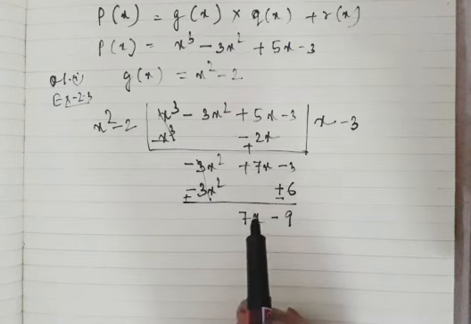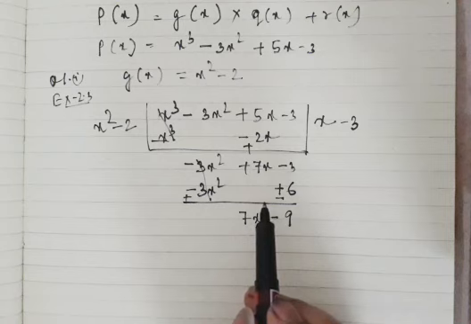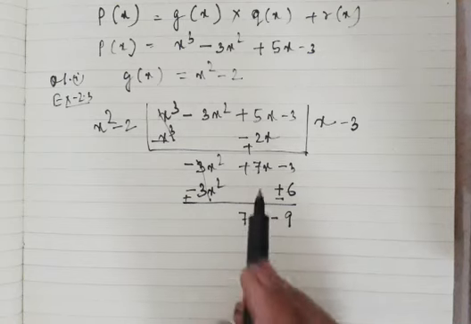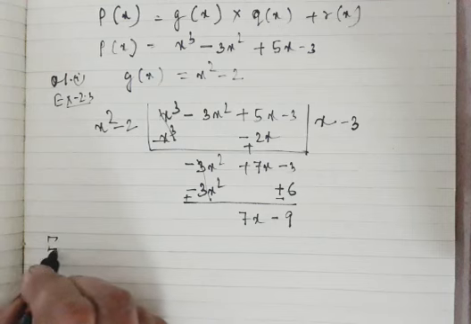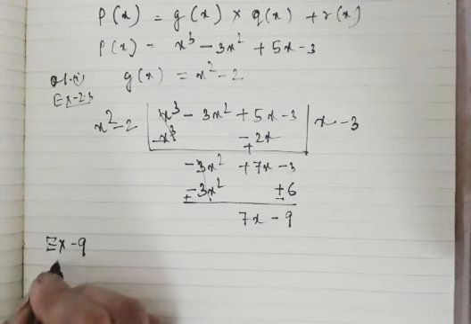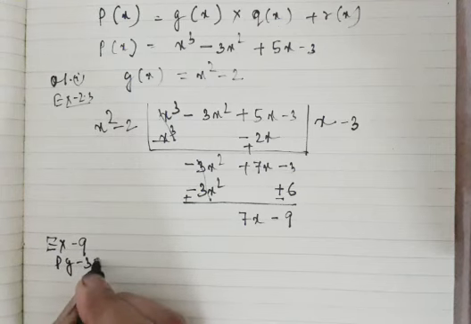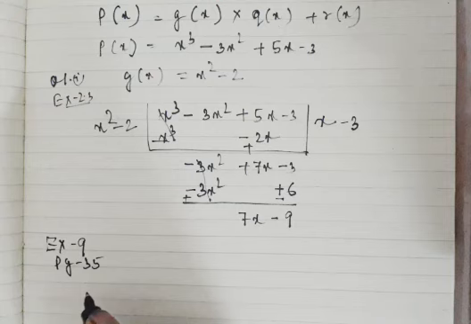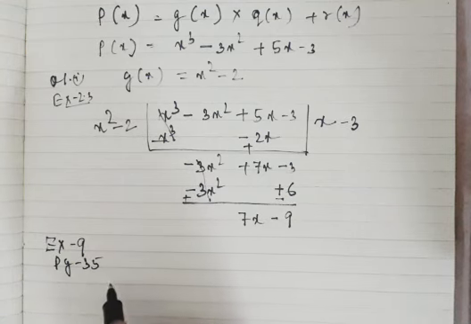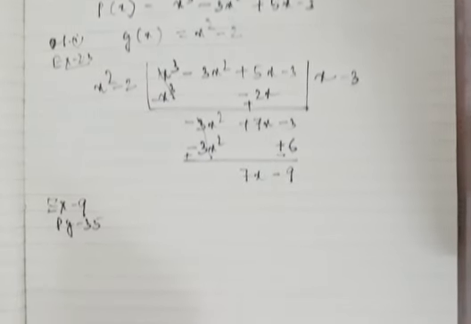Now I am going to discuss example 9 of page number 35. After explaining this, you will be able to solve question number 3 of exercise 2.3, and that is a very important question. This year also in our board exam one question has come on that concept. So I am going to explain example 9 of page number 35.